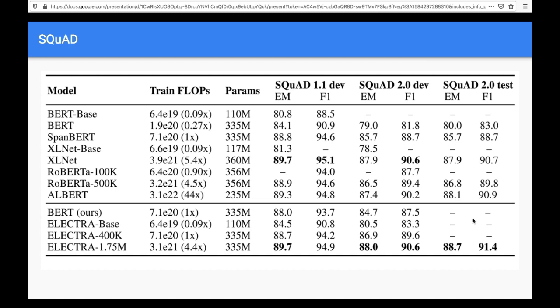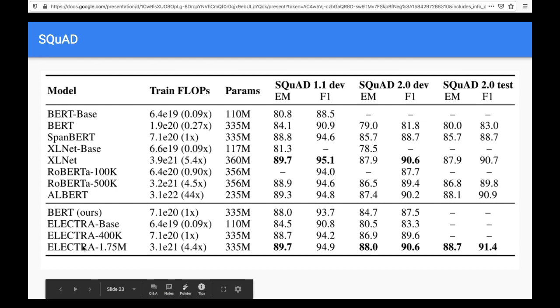Okay, so they also ran the experiment on SQuAD. SQuAD is the machine reading comprehension dataset, and we have 1.1 and 2.0. 2.0 is a harder dataset, and as you can see, the ELECTRA base, which is the same size as BERT base, has a very decent result. And if we fully train ELECTRA, it achieves almost the best performance